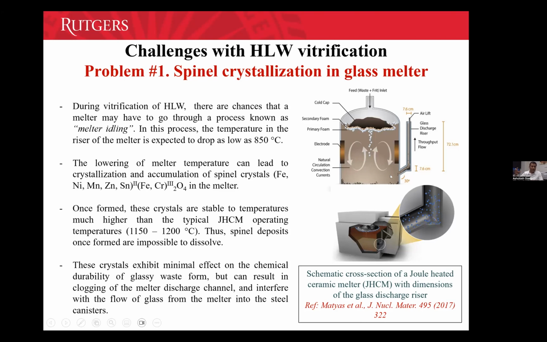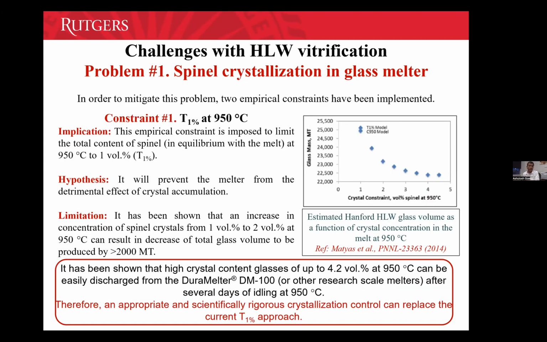Now, when these crystals start to form, they start to obstruct the flow. They restrict the flow of the melt, and eventually they choke the melter. So now the melter cannot perform. The melt cannot come out of the melter in a proper way as expected. So the melter is out of commission. We cannot use this melter. So the aim is not to let these crystals form. But how do we not let these crystals form? We need to design the compositions in such a way that even if the temperature goes down, these spinel crystals should not form.